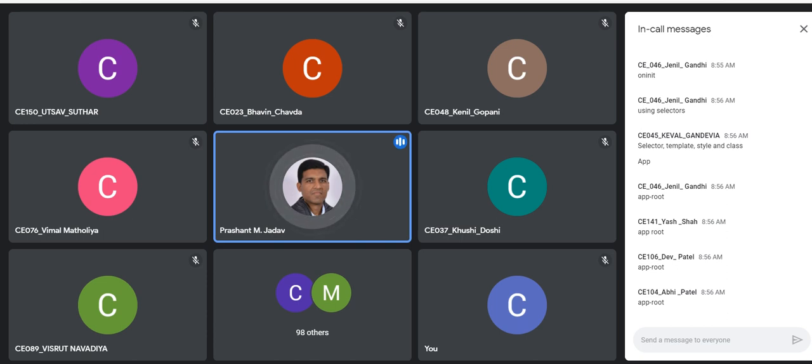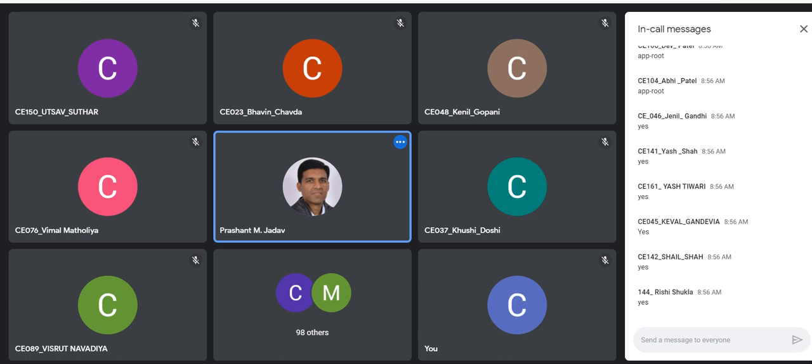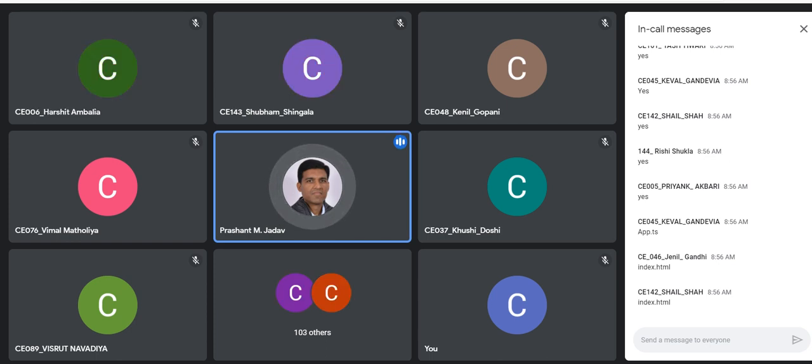Can we change the name of the app root component? Yes, we can do so. And in which file do we have to change the name of the root component or any component? In the index.html file, we are referring to the component.